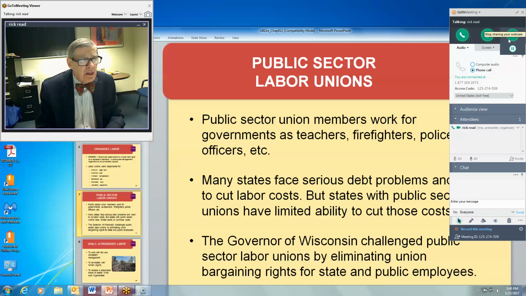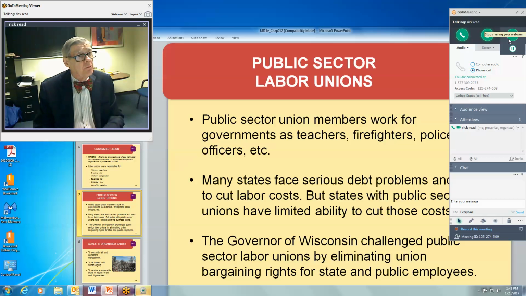Many states have complained about public sector unions. Wisconsin has passed some very onerous laws restricting them and what they can do. As we go through this talking about labor unions, the only thing I ask is that you keep an open mind about labor unions. Maybe in some cases labor unions have outlived their usefulness, but we have to be careful because a lot of